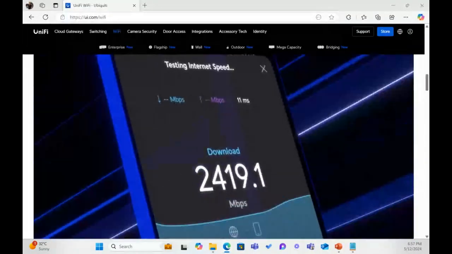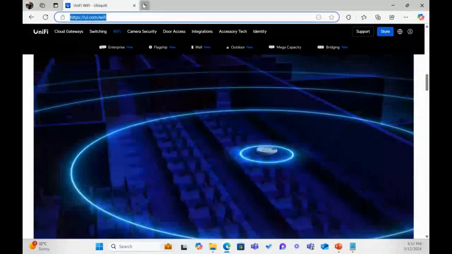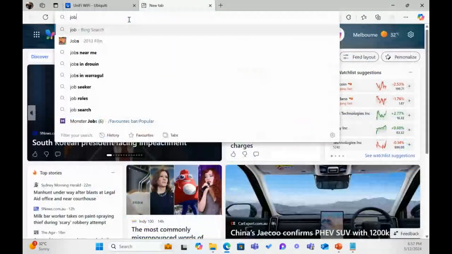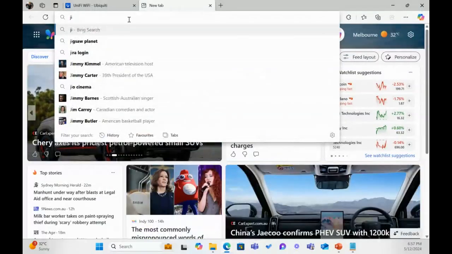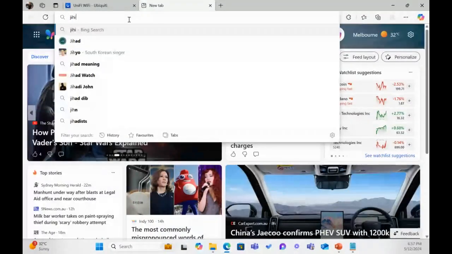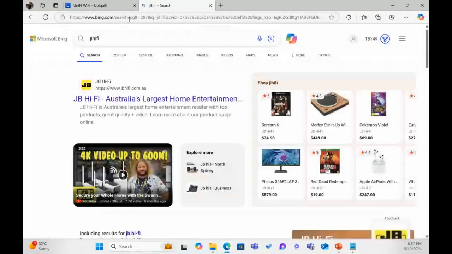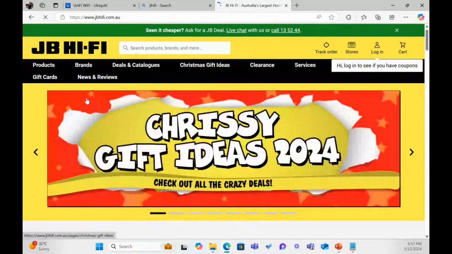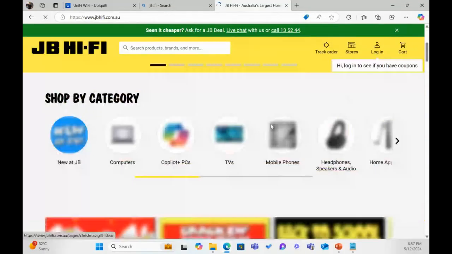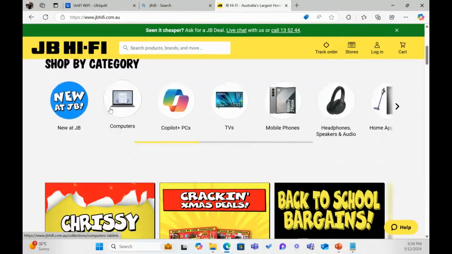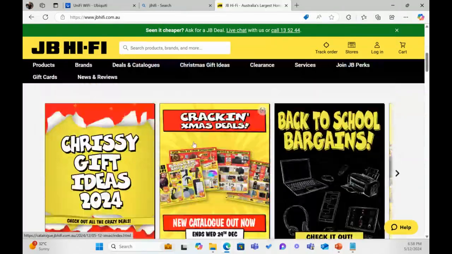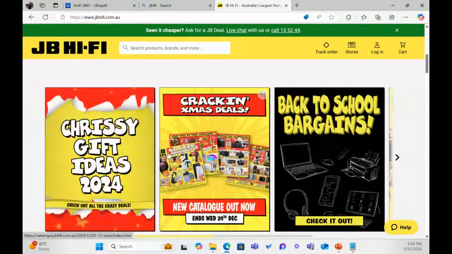If you want to learn about something, can I tell you something? If you want to learn about technology, do this. This is the best place to learn about technology. JB Hi-Fi or Harvey Norman, it doesn't matter. You go to JB Hi-Fi and grab one of those brochures they have, and you read through it. That's the best way to learn about technology. Learn about Copilot. I didn't even know Copilot was out until I was at JB Hi-Fi. Learn about computers. You get one of these catalogs, and you actually go through it, and